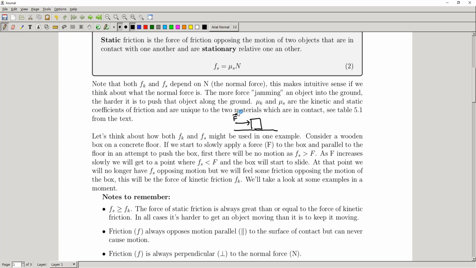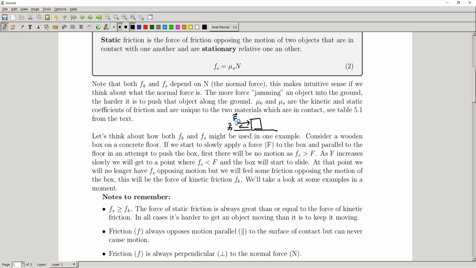And so in the beginning, as we crank up this force slowly, the box is not going to be moving, right? When we just start to push the box, it's not going to start moving because the force of static friction is greater than the magnitude of the force that we're applying. But as we push harder and harder and crank this F up, eventually our capital F, the force that we're applying, is going to be greater than the force of static friction opposing our motion, right? So there's going to be some force of static friction opposing our motion here. And so as capital F becomes larger than F sub S, this thing is going to start to move,